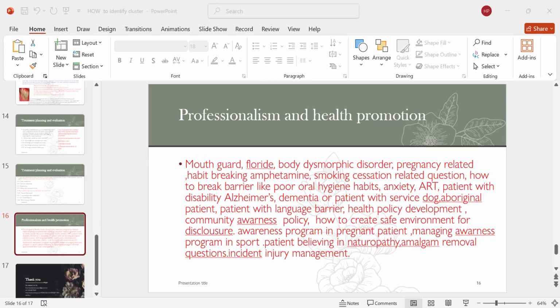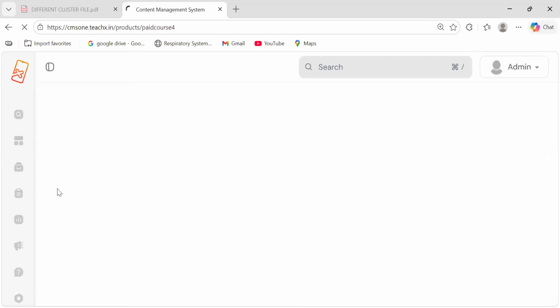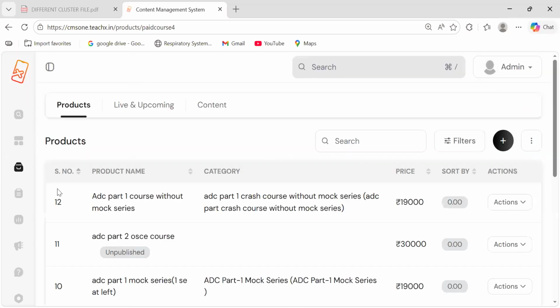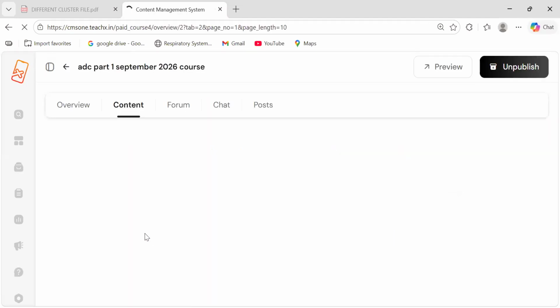There is an Aboriginal patient, there is a language barrier, right? If there is a language barrier and the patient has a 14 year old son, and the patient is in severe emergency like pain, you are going to do the treatment, right? If the patient has a habit of smoking, what are the different criteria for smoking cessation? What are the different stages of smoking? How do you manage the smoking part? That all comes into the health promotion and professionalism cluster.